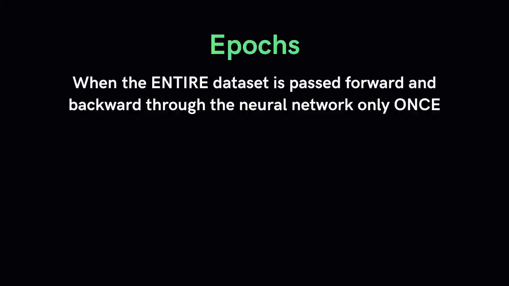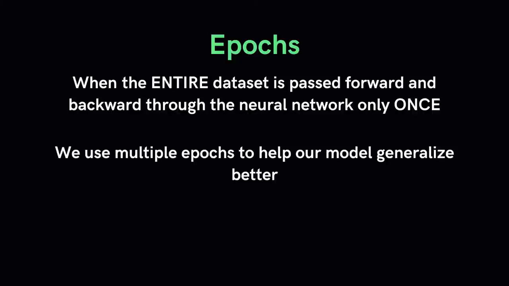In a majority of deep learning models, we use more than one epoch. I know it does make sense in the beginning. Why do we need to pass the entire dataset many times through the same neural network? Passing the entire dataset through the network only once is like trying to read the entire lyrics of a song once. You won't be able to remember the entire song immediately. You'd have to reread the lyrics a couple more times before you can say you know the song by memory. The same is true with the neural network. We pass the dataset multiple times through the neural network so it's able to generalize better.